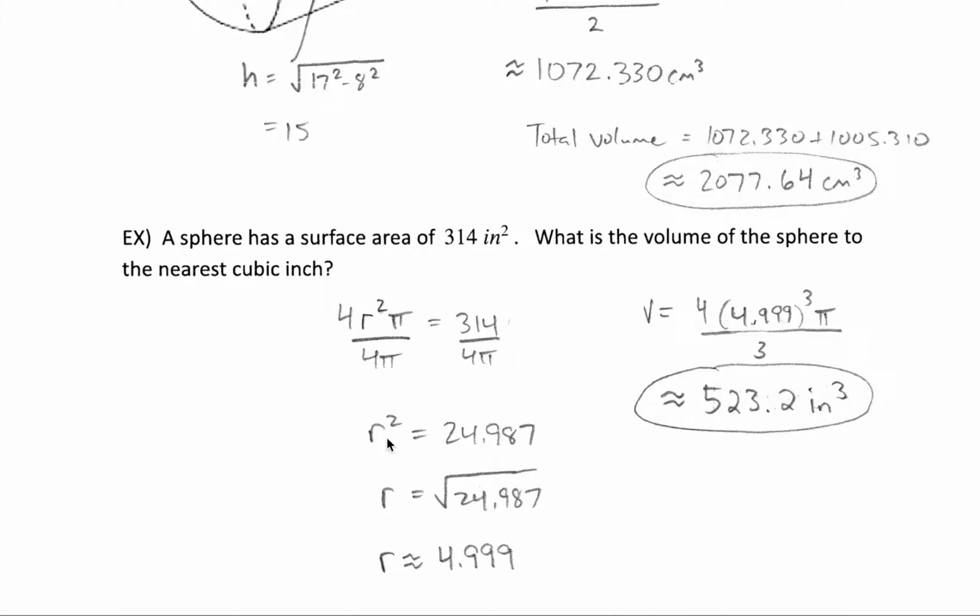One more step. To undo a square, we'll use its root, so square root both sides. And we get a radius that's pretty close to 5, but we're not done yet, so don't round that value. We don't want to change it and make it less accurate, so let's keep 3 decimal places going here. We'll plug that radius value into our volume equation. We'll cube it, multiply by 4 and pi, and divide by 3, and we get our volume, about 523.2